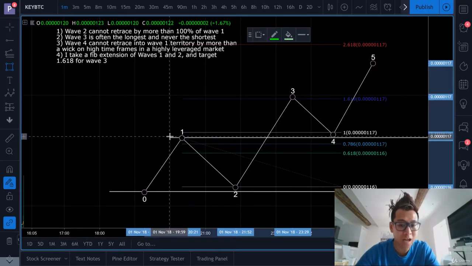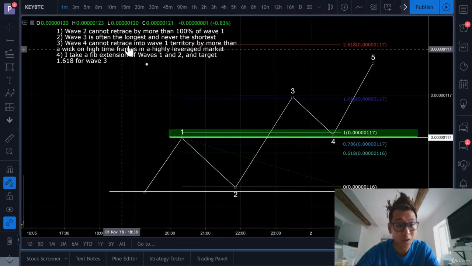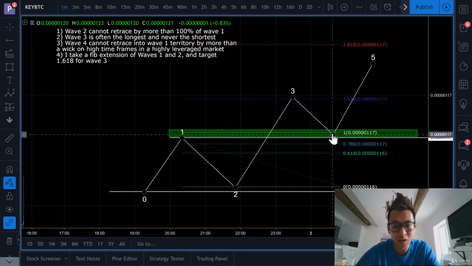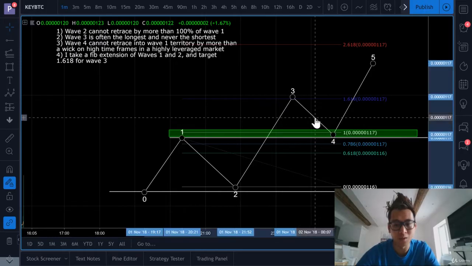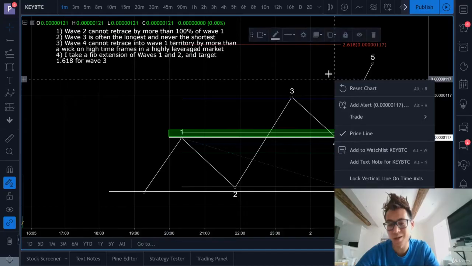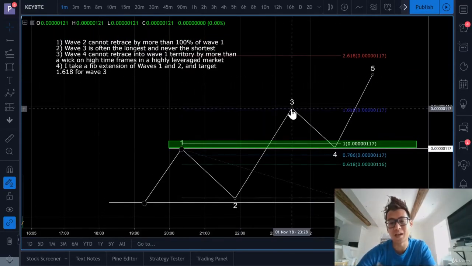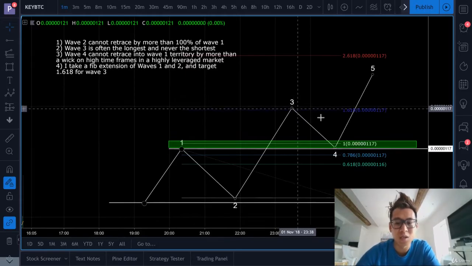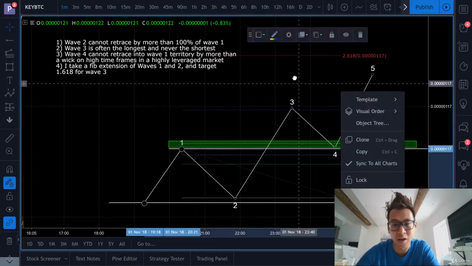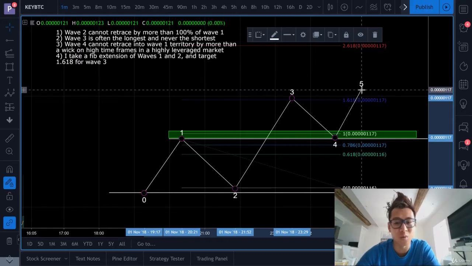So then it will actually act as a support, because then it goes back to rule number, what rule is this? Rule number 3, which states that wave 4 should not retrace into wave 1 territory, right? It can sometimes, right? For the first wave, but we're going to talk about all of these exceptions, right? So then if wave 3 tends to hit 1.618, we say wave 4 will generally get to near the wave 1 territory, right? And then after that, wave 5, I generally like to target a little bit higher than 1.618